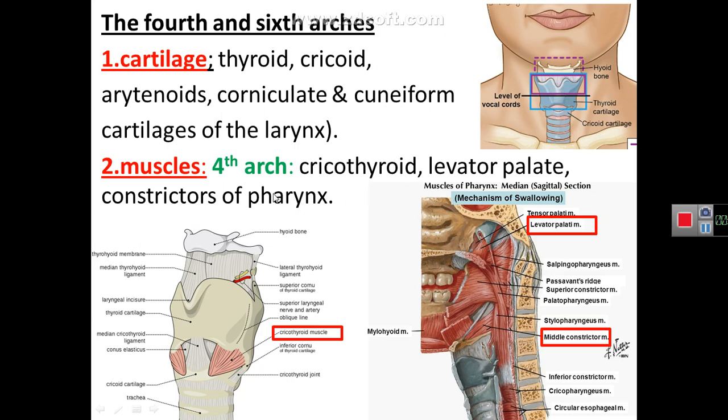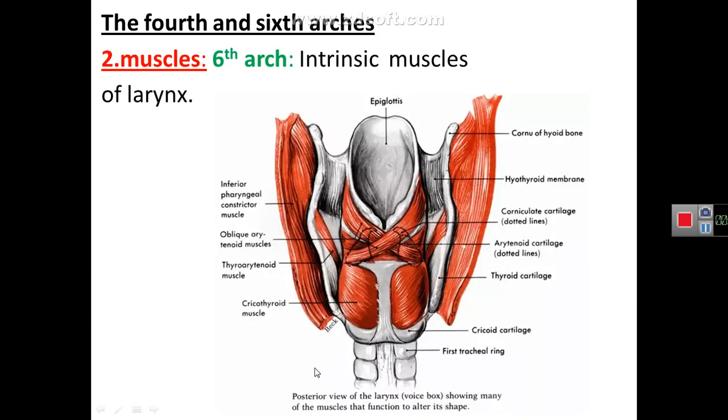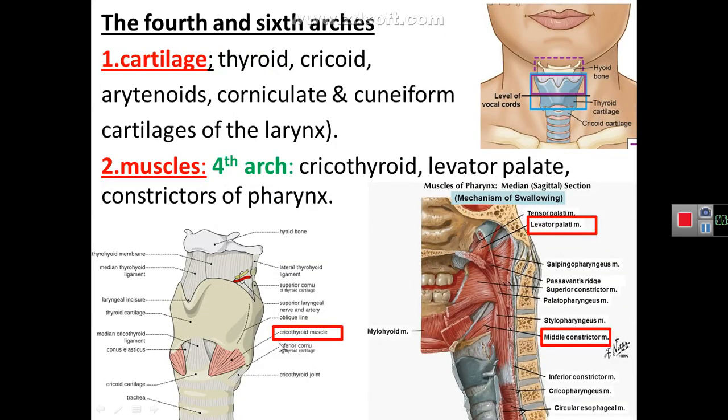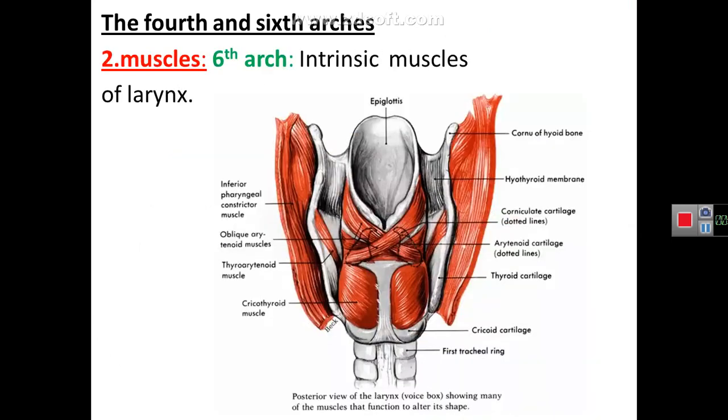Muscles of the fourth and sixth arch must be considered separately. Muscles from the fourth arch include cricothyroid muscle, which is a muscle of the larynx, levator palati muscle, which is a muscle of the palate, of the uvula, of the soft palate, and constrictor muscles of the pharynx. We have superior constrictor, middle and inferior constrictor. All of these constrictors are muscles derived from the mesoderm of the fourth arch,